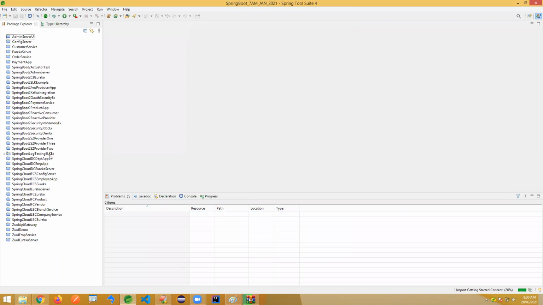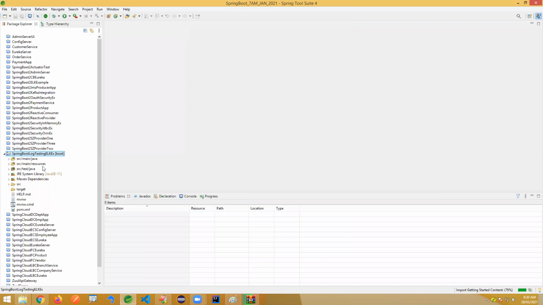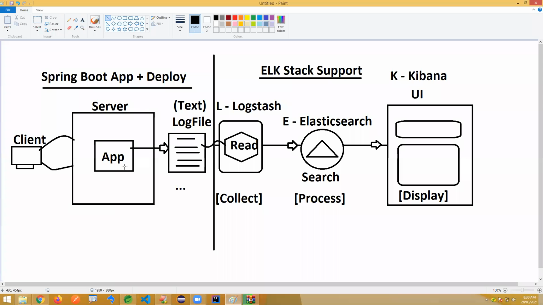One application is getting created here. You can add Lombok, data JPA, everything here. But my target is just writing some content to a log file. Our target is not writing this application now. You can write it with all your setup and configurations. My target is writing some content to a log file here. That's it. Our target is just writing some log lines.